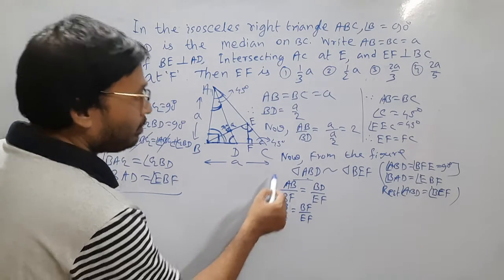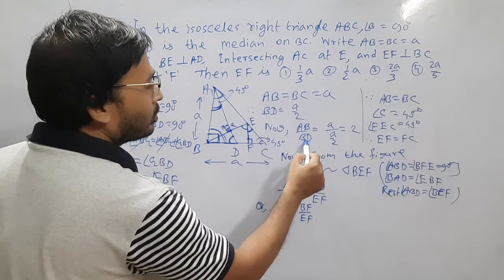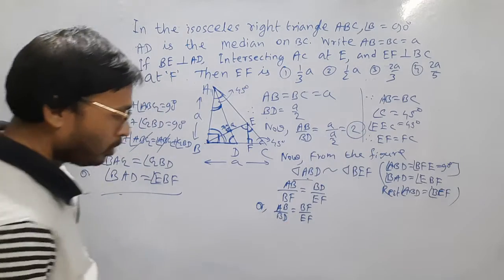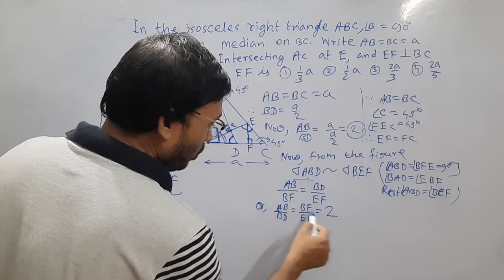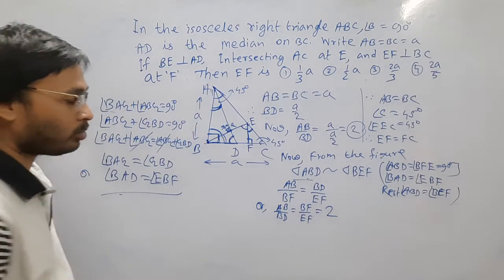AB by BD means 2. So AB by BD is 2, and after putting 2, BF by EF is equal to 2,